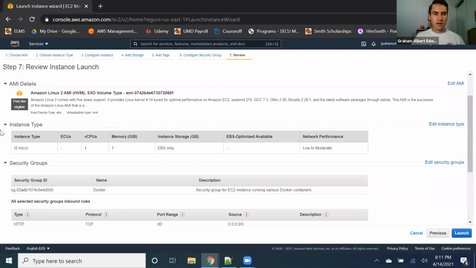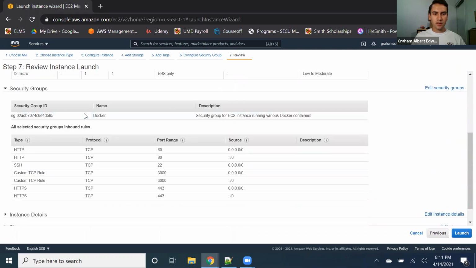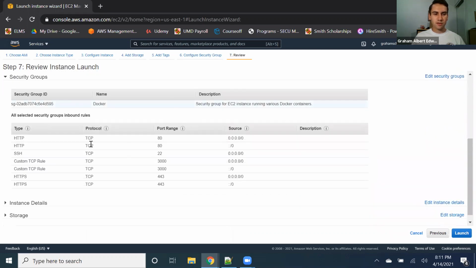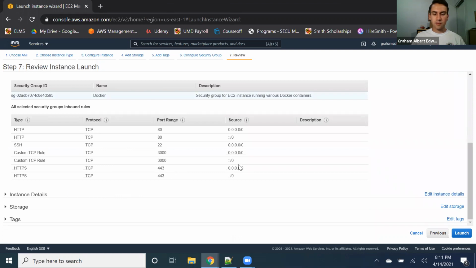So just to recap, T2 Micro running Linux 2, your Docker security group that has those 4 ports open, and then again, make sure you have already pasted in that user data. We are now going to